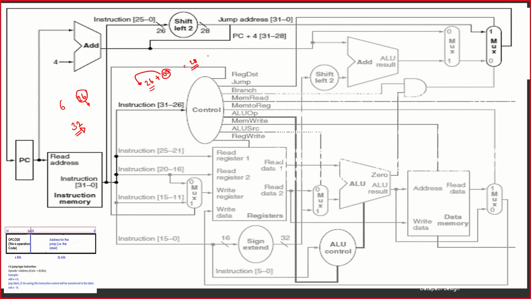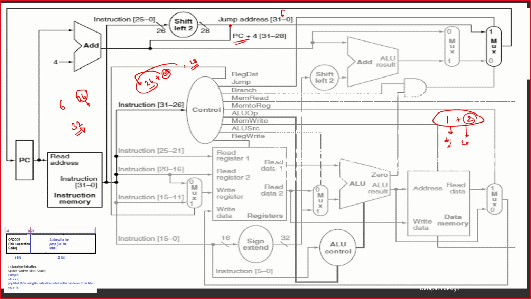Now we need to go ahead and find out what the PC's address is right now. The PC address, from where we want to jump, is what we are trying to compute. The jump location. See, what I have is two halves. The first half is here and the second half is here. Now I am going to combine these two. This is PC. This is nothing but the jump. So I have already computed jump and I have 28 bits ready. I'll now add the 4 bits here. So what I'll get is the new address which is 0 to 31.